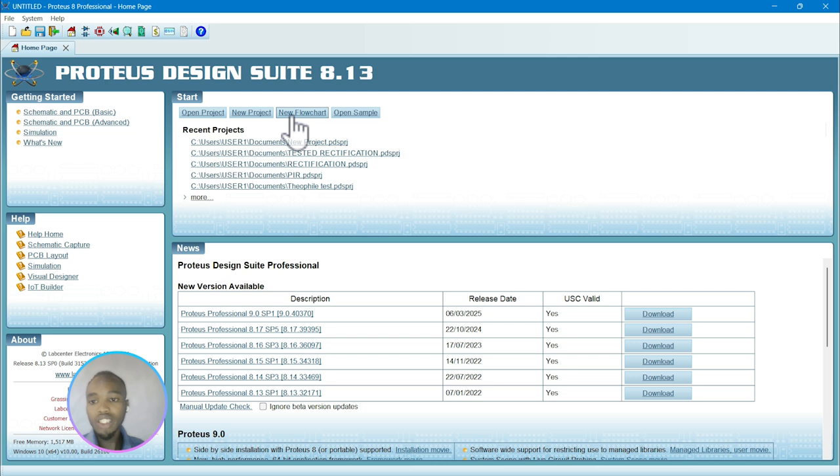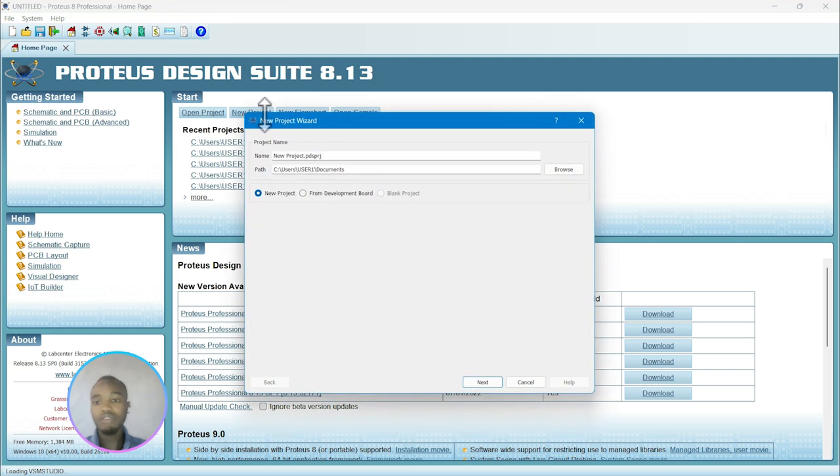And this new flowchart means this software has the ability to create a flowchart. Also this open sample is a sample project. If you don't have some knowledge about Proteus, open a sample and get a sample of a designed circuit.